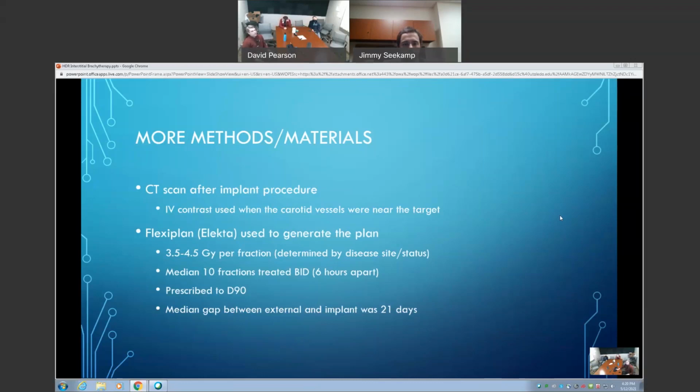The Flexiplan Electa system was used to generate these plans. So these boosts are 3.5 to 4.5 gray per fraction, determined by site and status, but in general, the median was 10 fractions treated bi-daily, 6 hours apart. So we could be seeing patients coming in the morning and at the end of the day for these types of boosts if this sort of